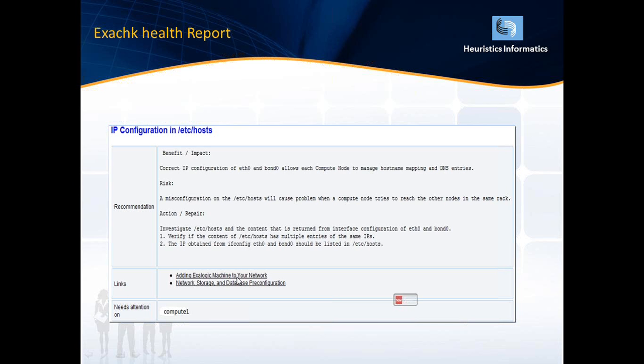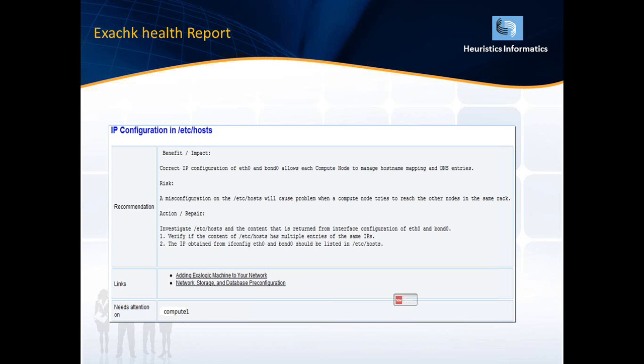These are all the links you can check on My Oracle Support, which will give some more idea and clarity on what needs to be configured, and it will show where we need to pay attention. Do we need to pay attention on all the compute nodes, or storage, or switches? Yes, it will show on which component attention is needed. Here it's specifying compute node 1. Yes, we need to pay attention only on compute node 1.